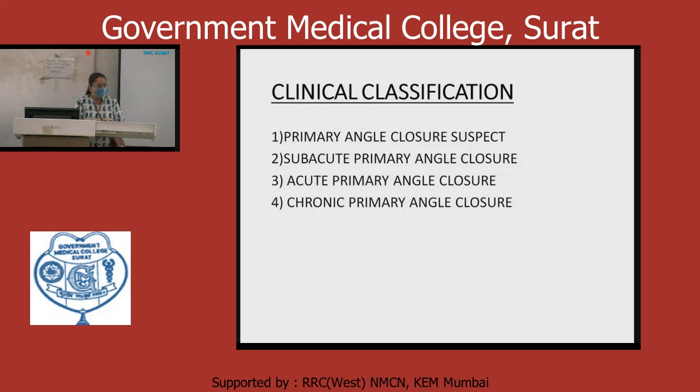When you measure IOP, prior to putting the dilator, we have to measure the IOP, intraocular pressure, by tonometer. Which tonometer? Applanation tonometer. After that, when the patient has a mid-dilated pupil, again we measure the IOP. When it is more than 8 millimeter above the first measured IOP, this is a diagnosis of angle closure glaucoma. For these cases, we have to go for prophylactic laser peripheral iridotomy. So this is a diagnostic test.